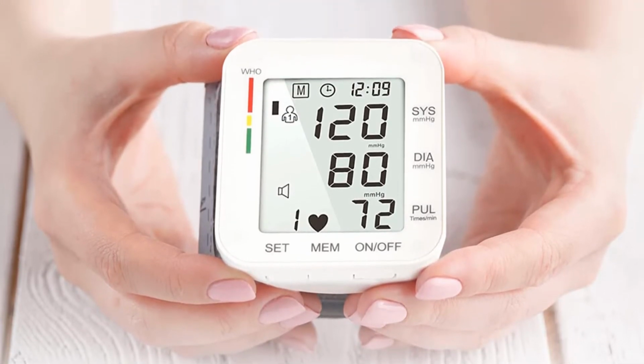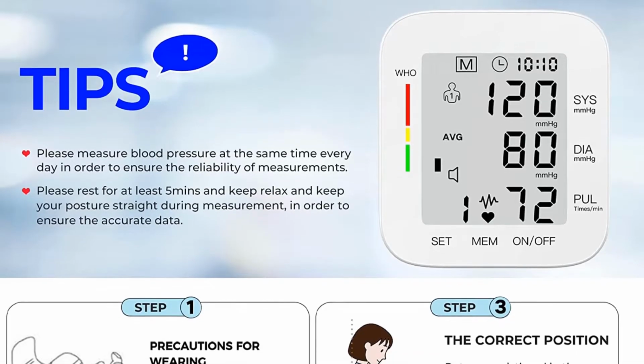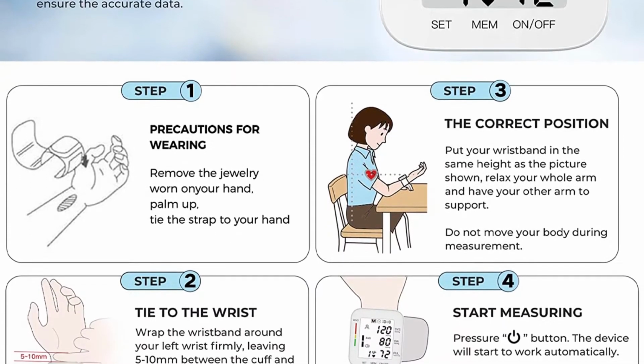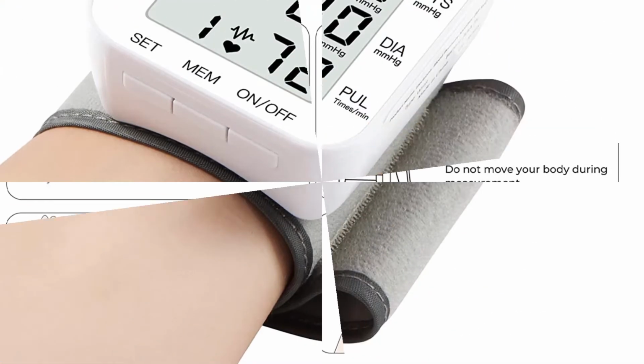It has an adjustable wrist cuff that accommodates 5.31 to 7.68-inch wrists. The MMIZOO wrist blood pressure monitor stores up to 99 measurements for 2 different users and assigns a time and date stamp for each stored measurement, making it a good model for those looking to track their blood pressure over